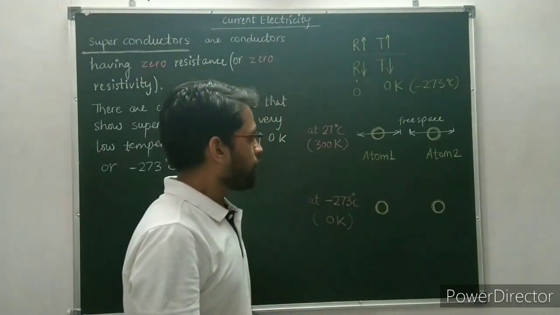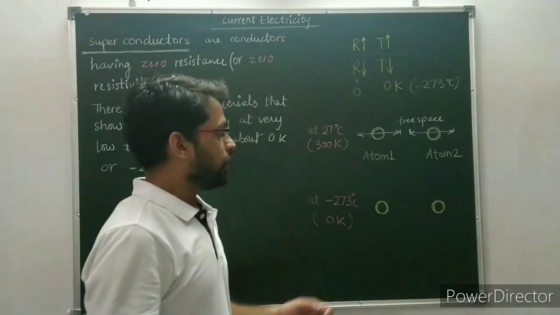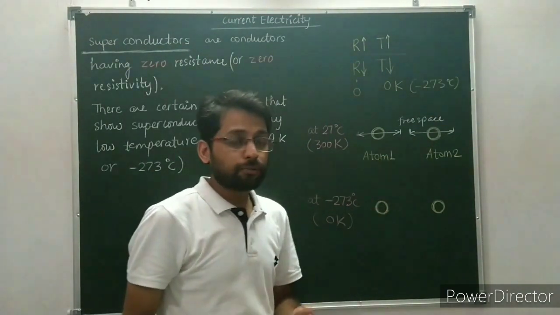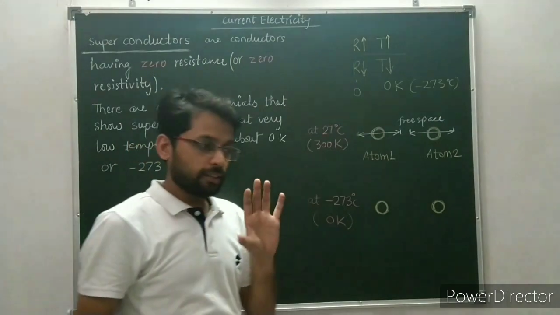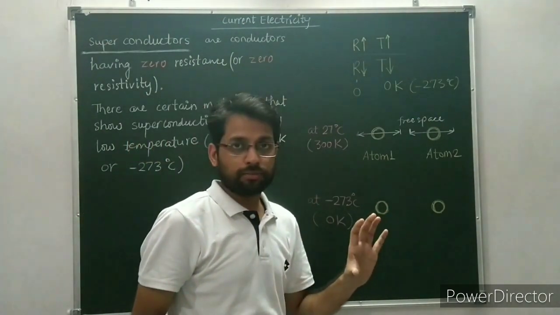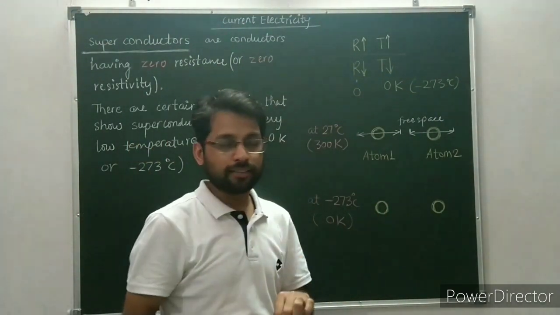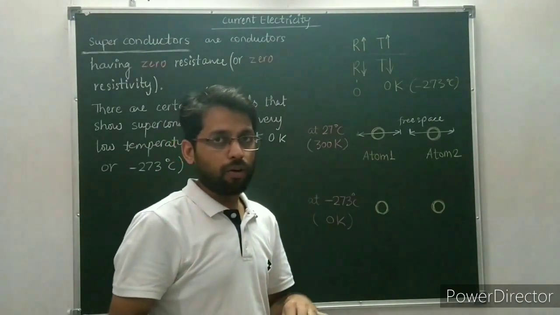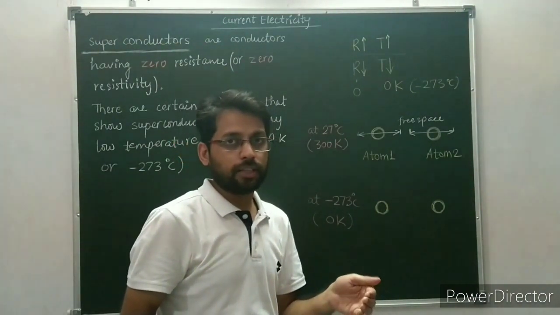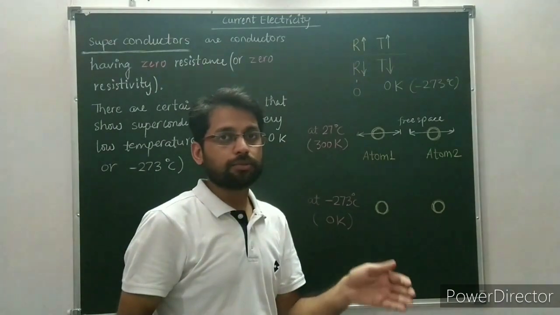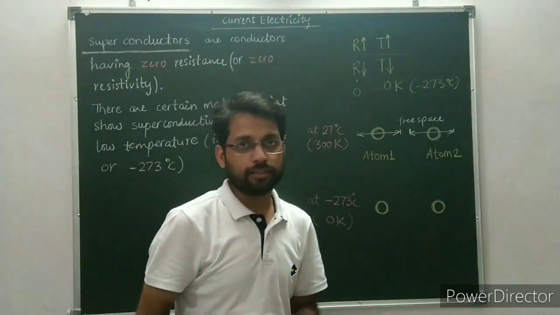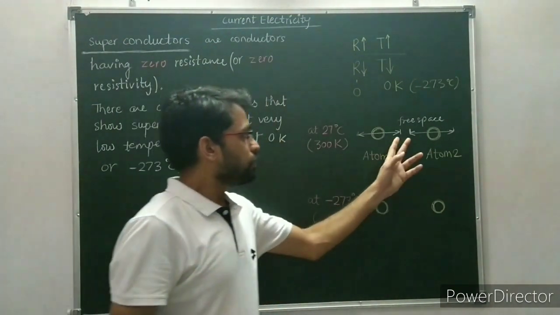Okay, and you know that from the definition that the collision between the free electron and the atom offers opposing force, and this opposing force is known as resistance of the conductor. Okay, so